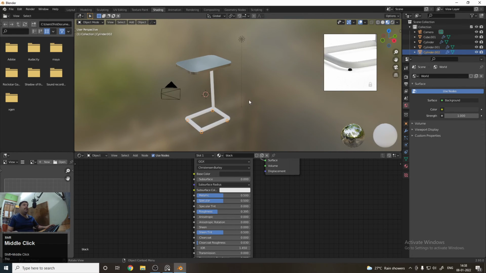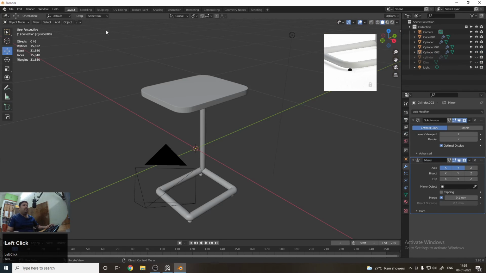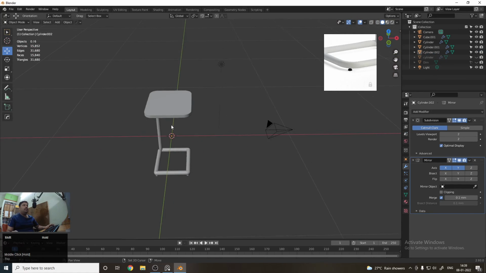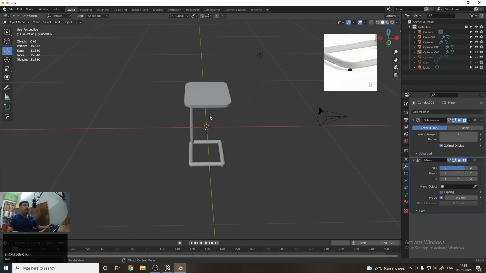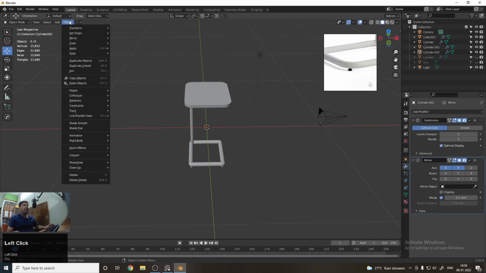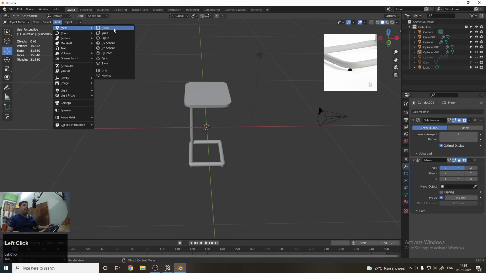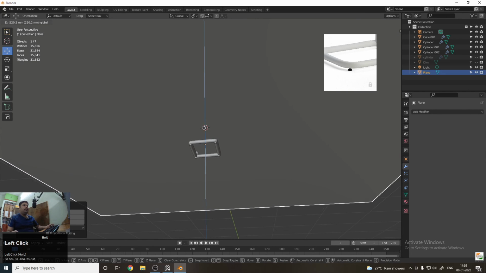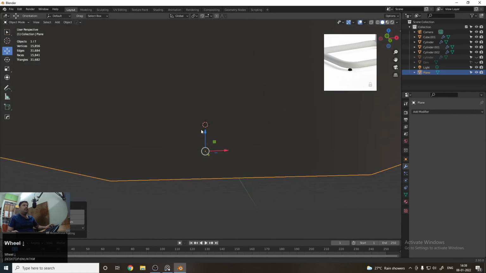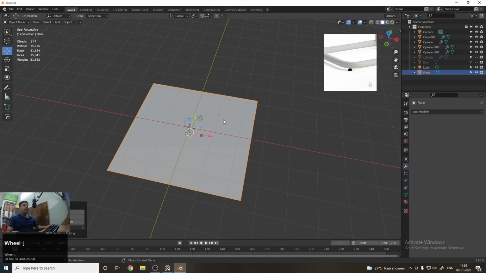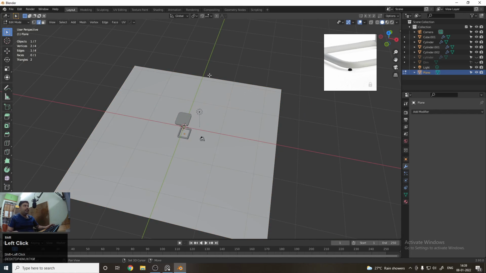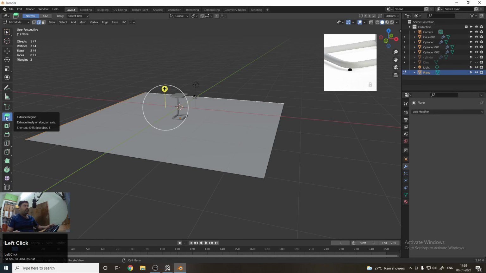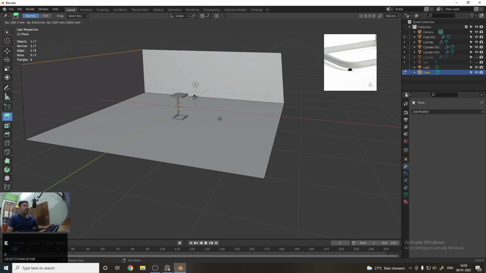And if you want to render it, I am now going to tell you how to render it. So first of all you need to add a plane. To add a plane, you can go to Add, Mesh, Plane, and now you need to scale it and move it down somehow here. Now you need to go to edit mode and select these two edges and extrude it using this button or using the E key on the keyboard.